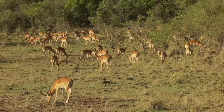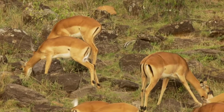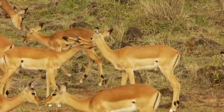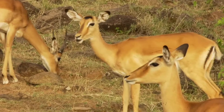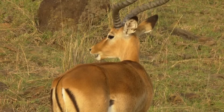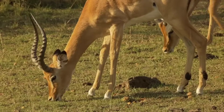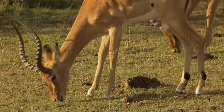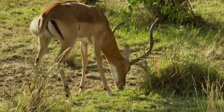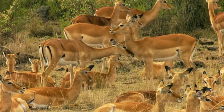Impala are seldom seen alone. This very young male is still allowed to be in the herd. The female is presumably its mother. Otherwise, these herds consist of females and a few of the older males who will fight each other for mating rights during the mating period. The dominant male will change from time to time at the top of the field. Outside the mating period, they graze peacefully together. In contrast to the